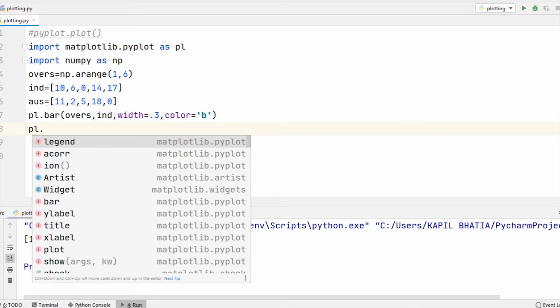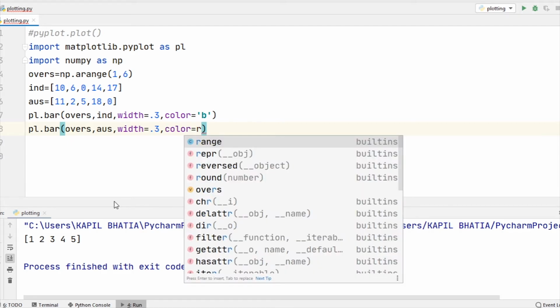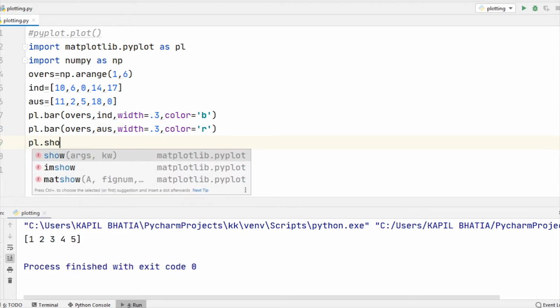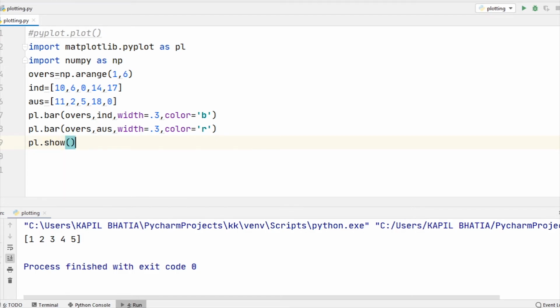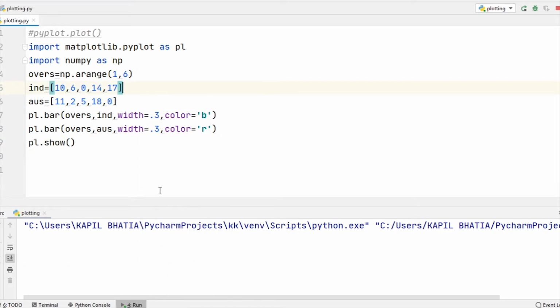Again plt.bar, here overs, comma, Australia, next width is equal to 0.3 and color is equal to red. And finally plt.show. When I run this code, you can see the output. Here I am making one mistake, I'll show you later.